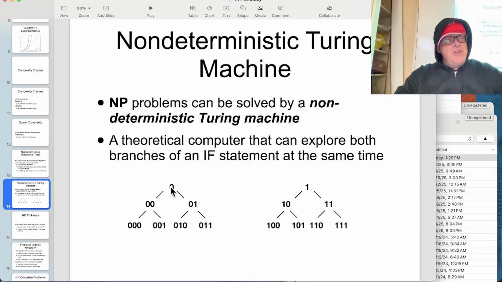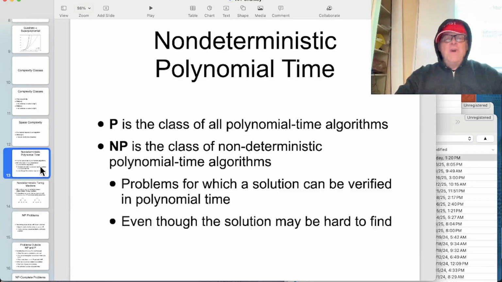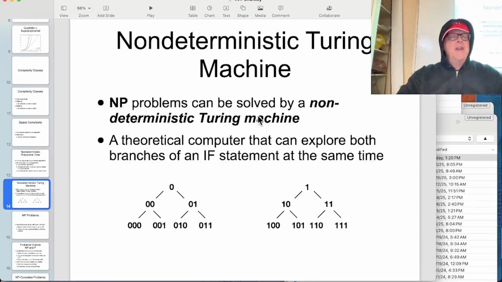However, if you know the key, then you know which branch to take at every step, and then again, it's only a problem in linear time to verify the key. So that's why the description I've heard, which is more realistic, is this one. These are algorithms where you can verify a solution in polynomial time, but you can't find it in polynomial time. Anyway, I think this helps me understand why they call it NP. This is the name. It can be solved in polynomial time by this non-deterministic Turing machine, which doesn't exist.